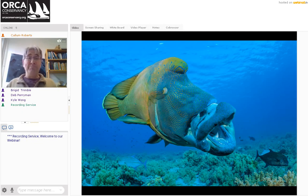Not this particular one, but I remember the experience well. This animal, which is more than 3 feet long and a foot and a half high, coming towards me, those great rubbery lips. This is an animal called a Napoleon or a hump-headed wrasse, and they're perfectly harmless. They're curious, they're friendly. They inspect you with their swivel eyes on the edge of their head, and they have